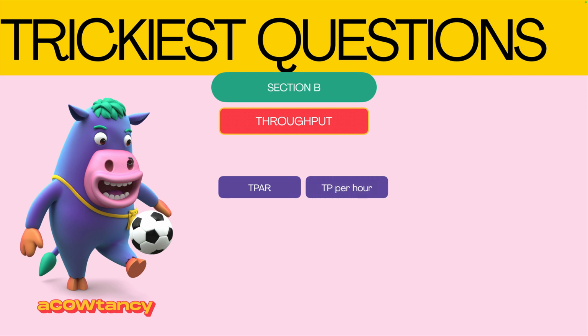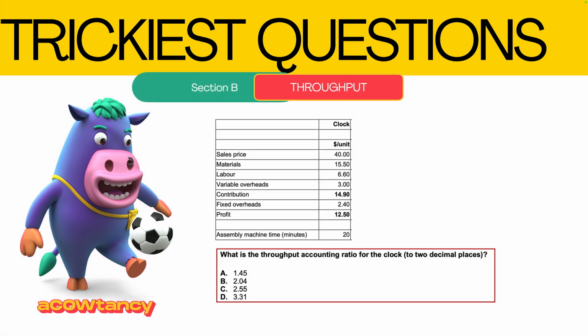You take your throughput, which if you remember is your sales less your cost of materials only per hour, and divide it by your factory cost, which is all your other costs per hour. Here's a question then. Work out the throughput accounting ratio for this. So,